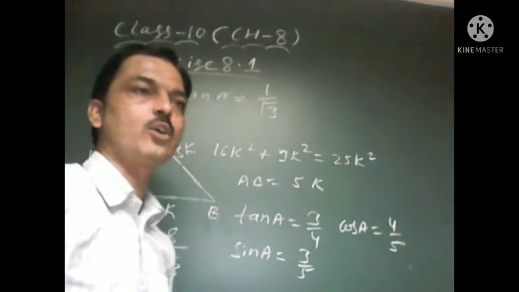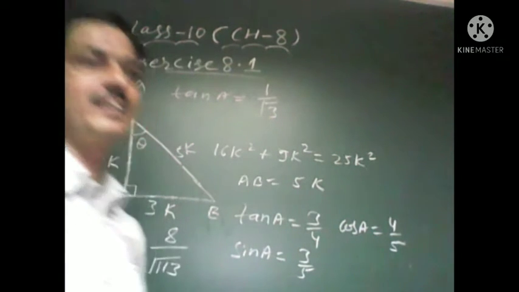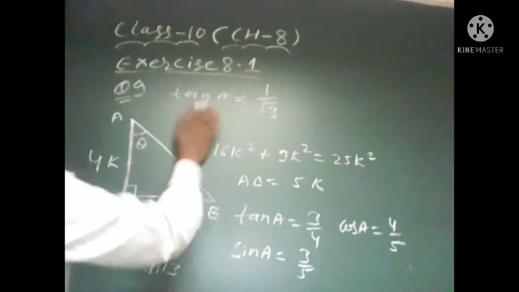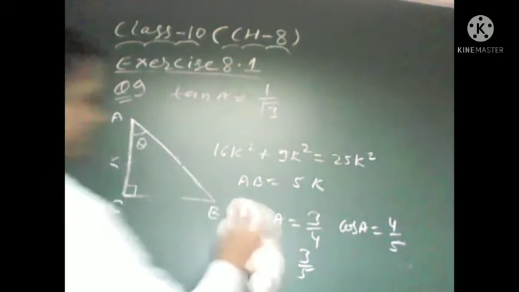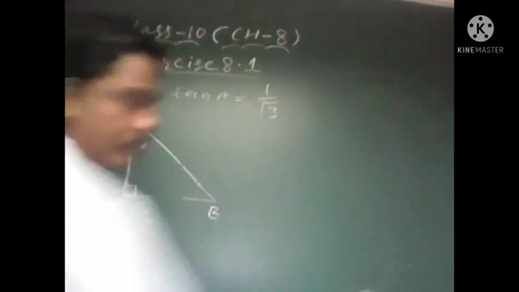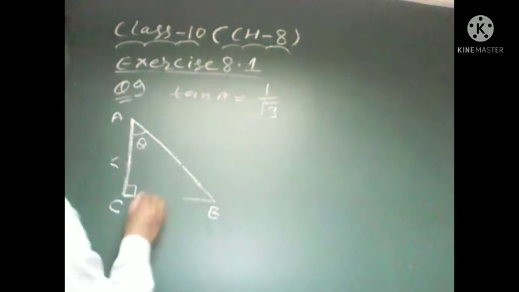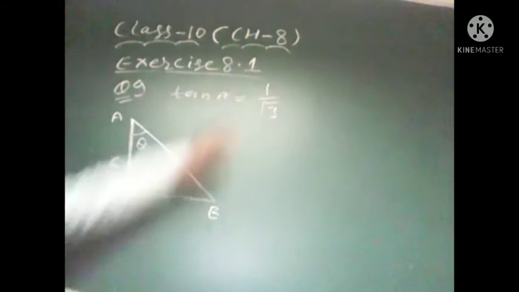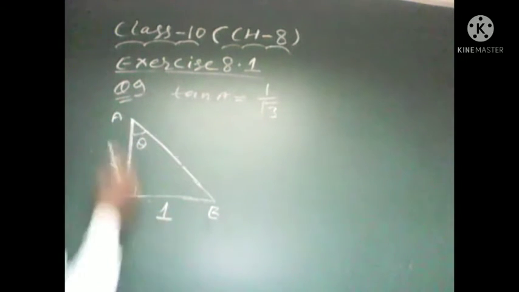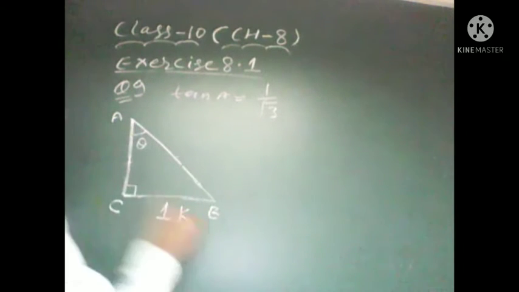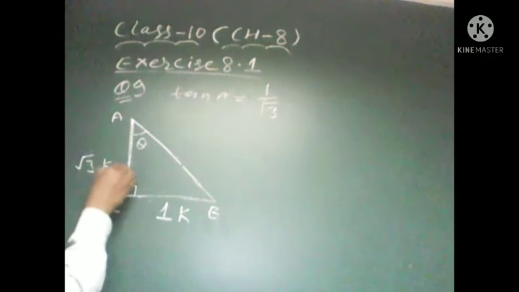First is sin A cos C plus cos A sin A. So first we calculate what? The third side, as we discussed in the previous questions and previous examples. And by using Pythagoras theorem, we can easily calculate the third one. What is tan A? Opposite upon adjacent. For this angle, this is opposite 1k and this is under root 3k.